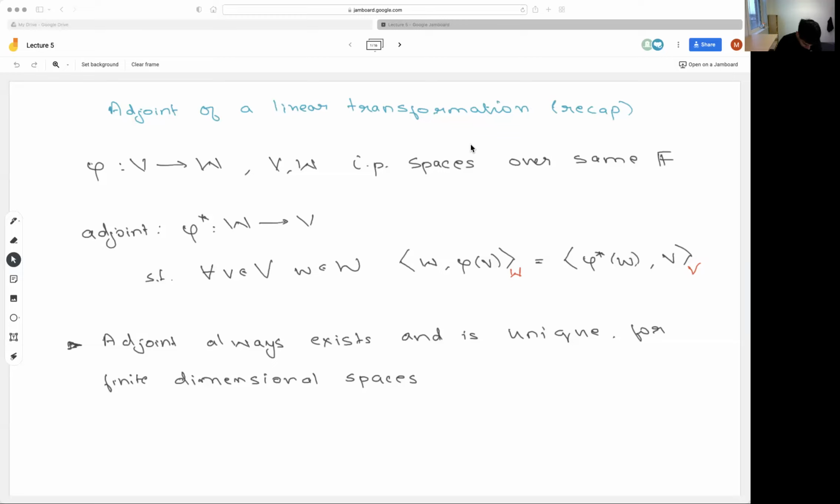Okay, and we saw a couple of examples, maybe the matrix example and also an example in the vector space of functions. And I assigned an exercise about the Fibonacci space, as always. We also saw that the adjoint always exists and is unique, at least if we are working with finite dimensional inner product spaces. Something like this is also true in Hilbert spaces, but then you need to know something